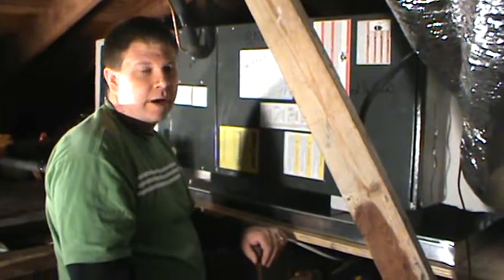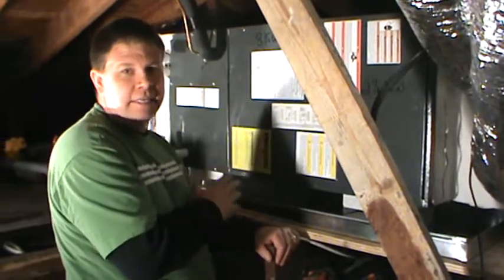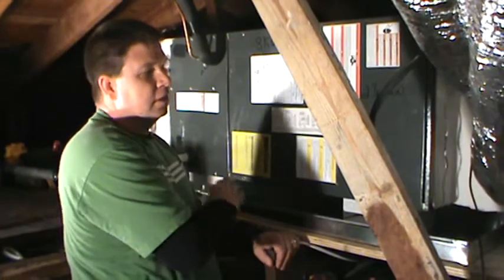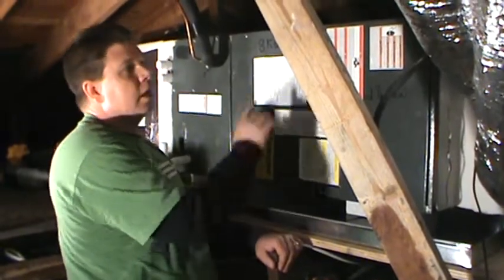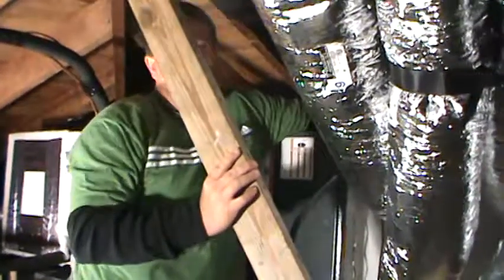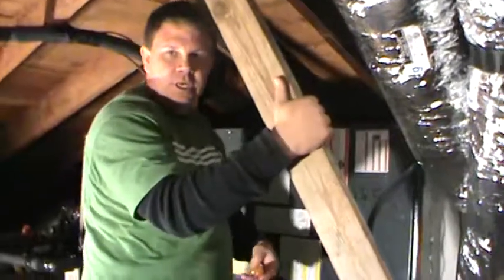All right, switch the unit over to heat mode. Again, we checked the TD. Took my return temperature, I had 73 degrees. Put it in to my supply, double check that. We're coming out at 100 degrees, so we're getting 27 degrees across the coil, which is really good for